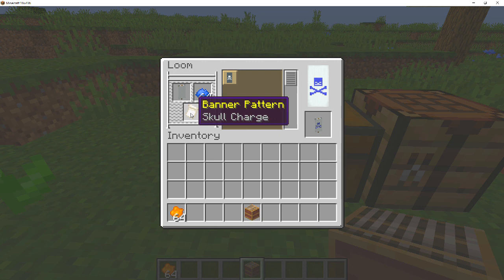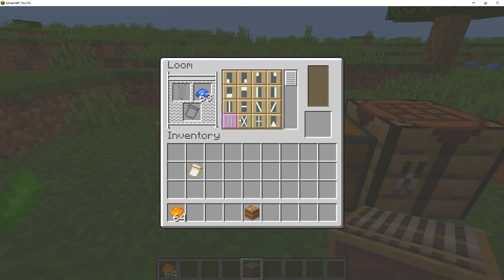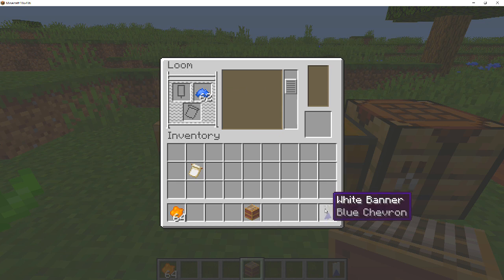Now, if you want to get all the different banner patterns, then simply take out that thing right there. And as you can see, we get all the different patterns, which can make things so much easier. Now, if I were to click on one of these banner designs, watch what happens. It actually only takes up one type of dye, and then you can just keep doing it